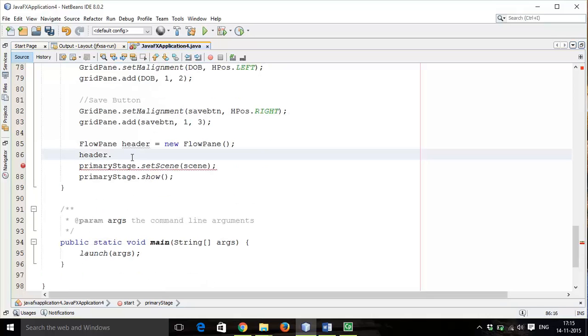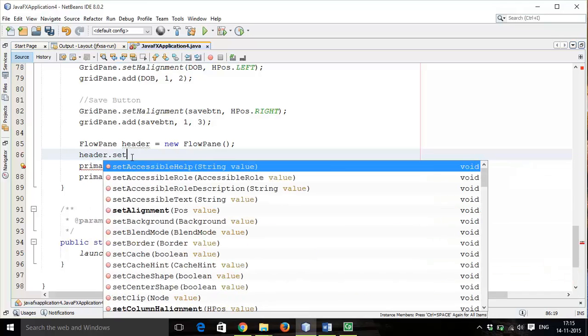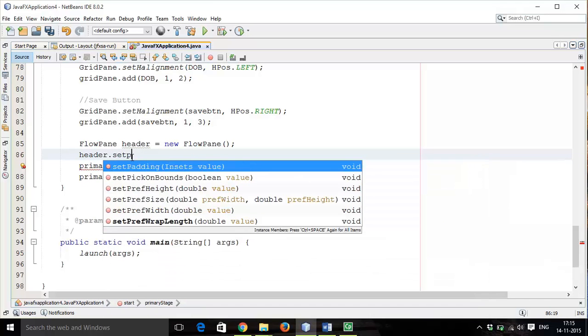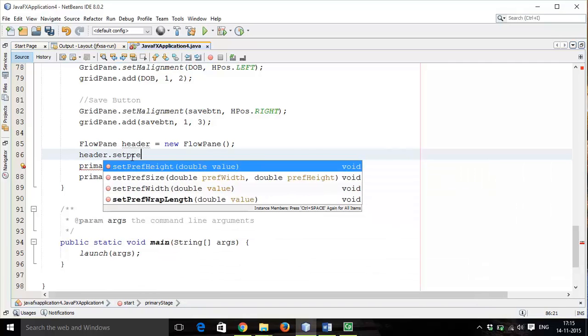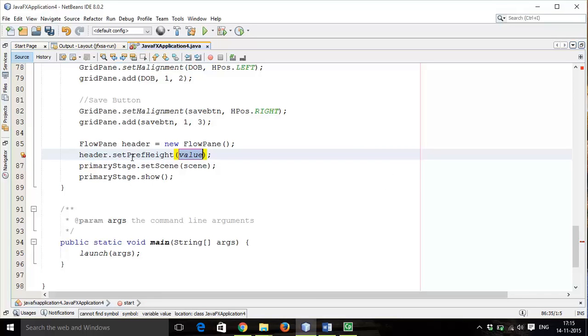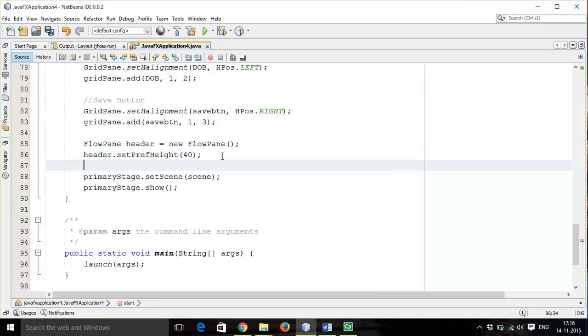So here set header, so header dot set preferred height. So set preferred height and set the value. This will be the height of header, so header of 40 pixels. So next,